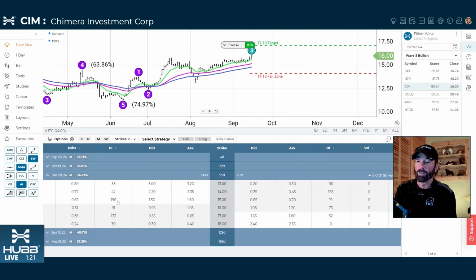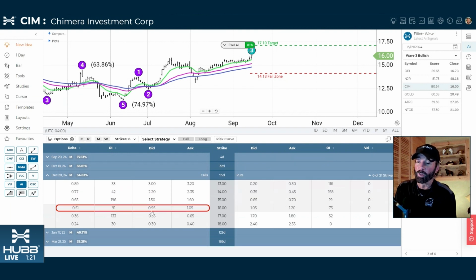So we've got 196 contracts here on the December 15 strike. It's $1.50 by $1.60, so it's only 10 cents wide. So 200 contracts, 65 delta is a little bit more interesting here. Now notice the difference here. You go up 12 deltas and you're paying 70 to 80 cents more, 70 to 75 cents more. So that's a better relationship than the October one was, but still a lot for the difference between the two. But looking here,